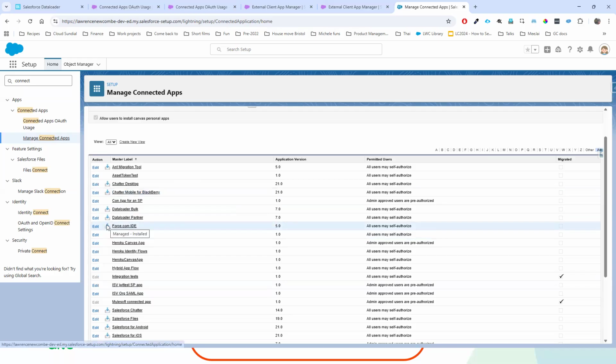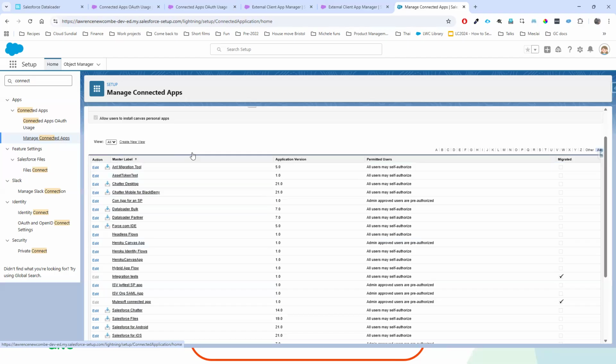Are you talking about the little envelope, Paul? Yeah. So this I believe means that it's a packaged connected app, and most of these actually just come with Salesforce. When you create a brand new Salesforce org, things like the Chatter apps and I think Data Loader as well are just there out of the box.